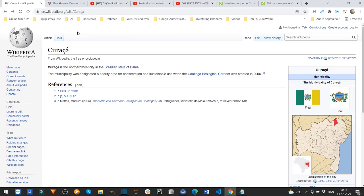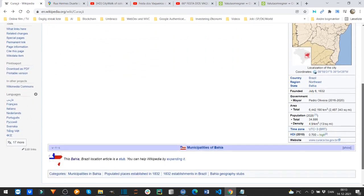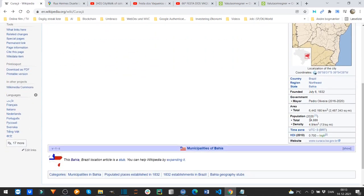So today I'm gonna go through a renovation of two houses in the city of Curaçá in the state of Bahia in Brazil, in the northeast of Brazil. There's not that much information about Curaçá here. We can see that there's about 35,000